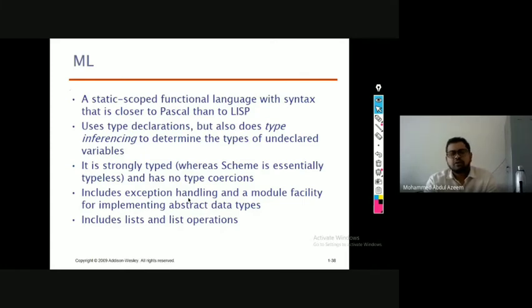So in order to overcome such situations, we handle those exceptions. We've seen in Ada, C++, and Java how we handle exceptions. Similarly, in ML also we can handle the exceptions here. It includes lists and list operations. As I told, in all functional programming languages, if you see, the basic data types are only two, right? Atoms and lists, right?